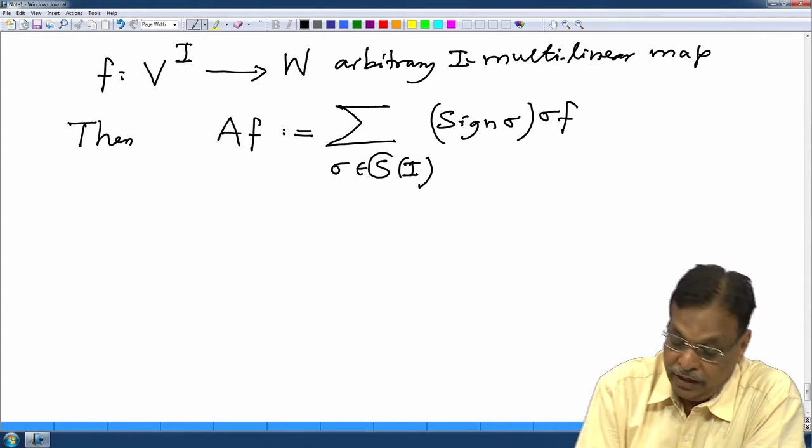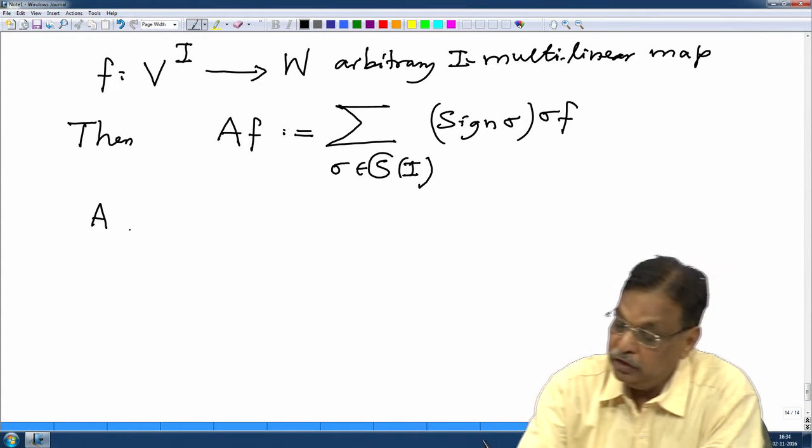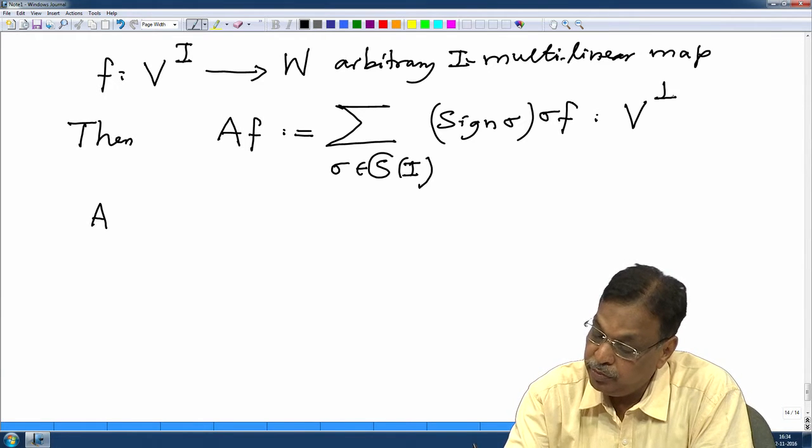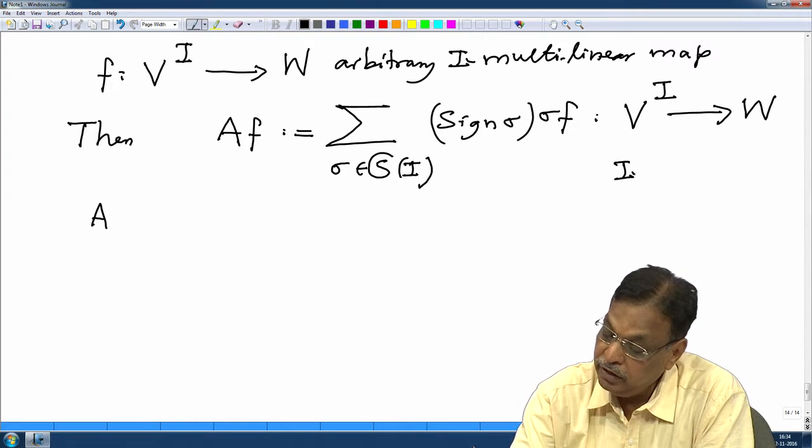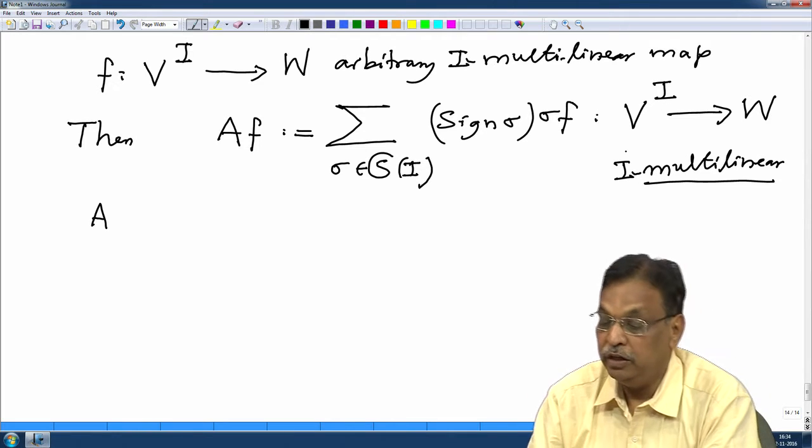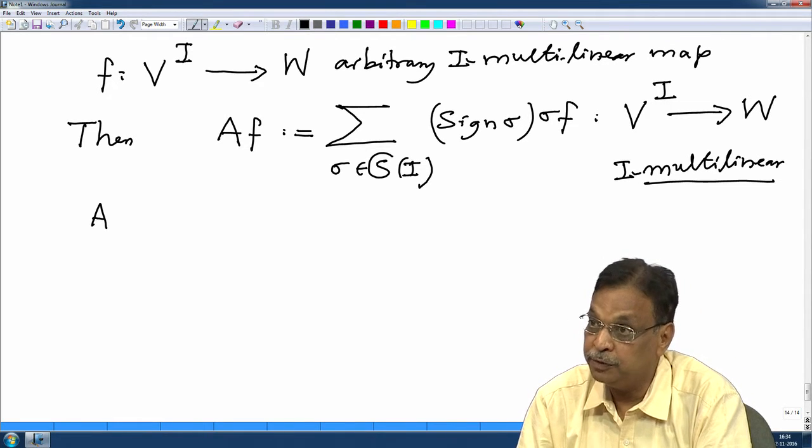Now, I want to check this Af. Clearly this Af is a map from V power i to W. Clearly it is i multilinear